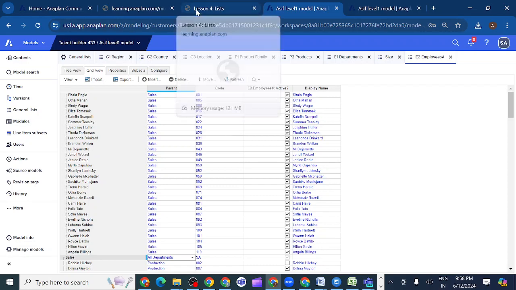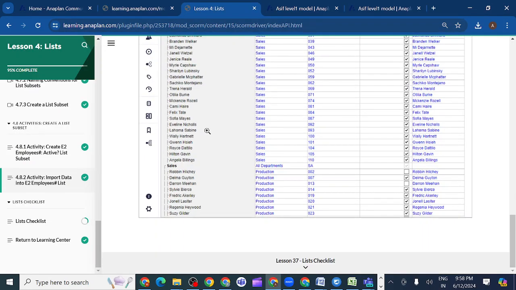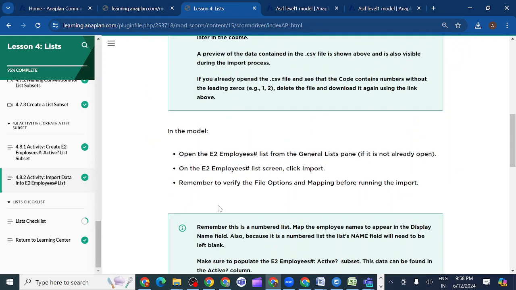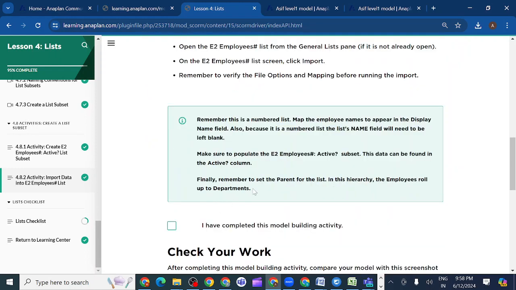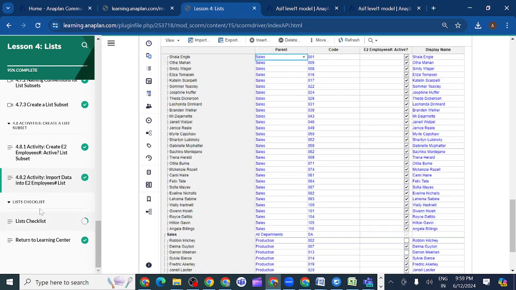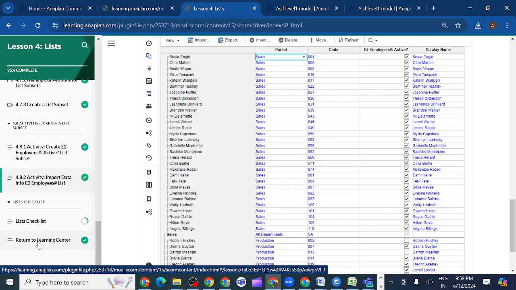So whenever they provide these tables, we should not avoid them; we should go through these tables 100%. These are very important tables that they provide for the suggestions. So we can see we have completed this one. After completing this, import data into the E2 employee list, so we have completed this